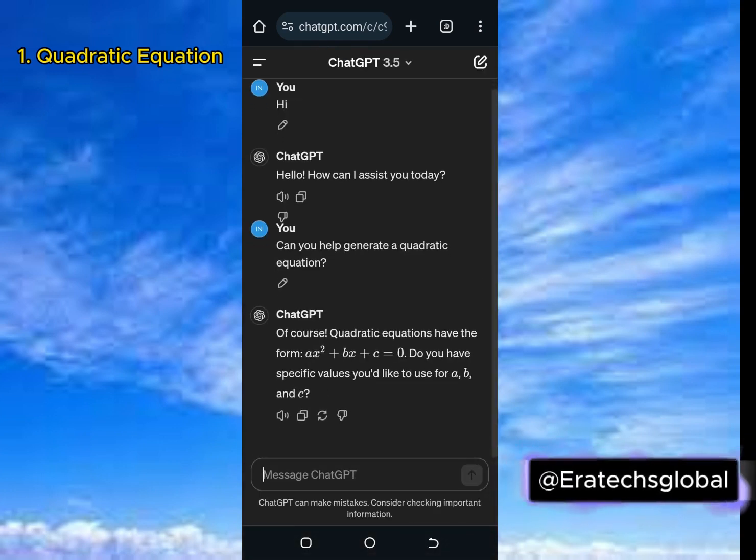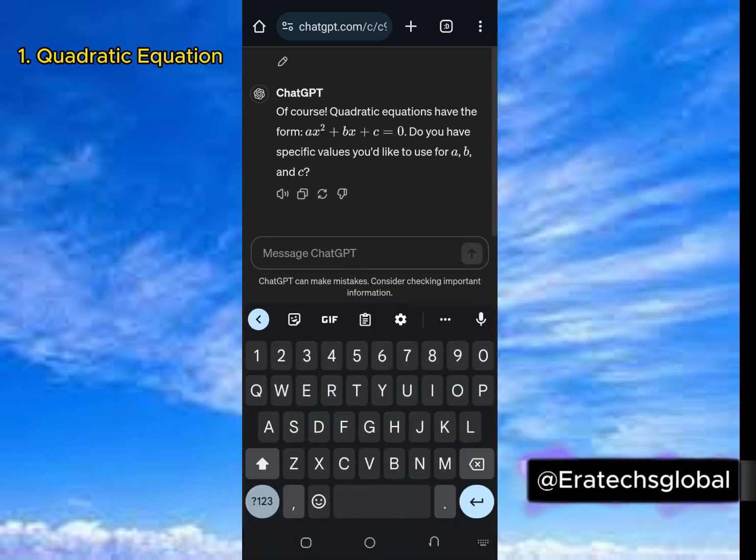Of course, quadratic equations have the form. ChatGPT is actually an AI. It can teach you what you do not know. So as a student, you need to employ ChatGPT to help you resolve some mathematical challenges. Now I want to ask ChatGPT, kindly